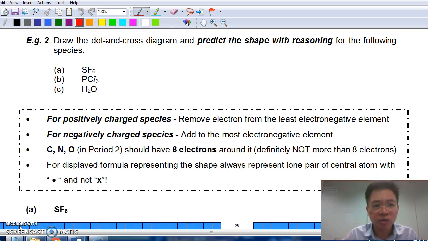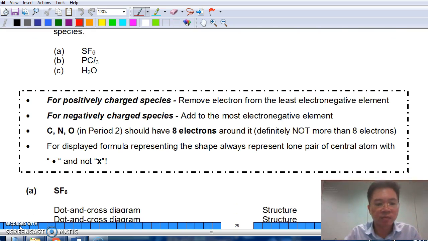Okay, please turn to page 28 of your Chem Bonding lecture book. We have here 3 molecules and I'm going to demonstrate how we will describe the shape using the VSEPR theory. We start off with